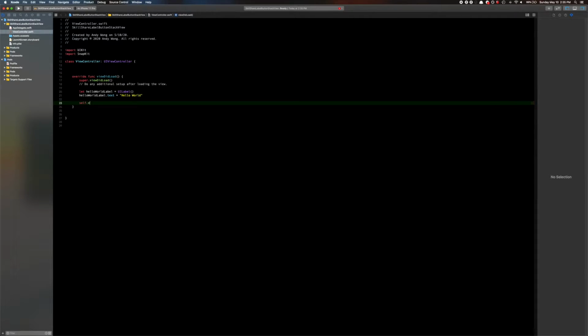So here we're going to do self.view.addSubview, and we're going to do helloWorldLabel. This should make sense for now, right? You're initializing the label, you're giving it a text, and then you're adding it to your view. And the view is basically the view controller's view. And then in here, what you want to do now,